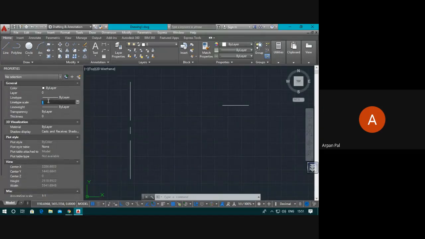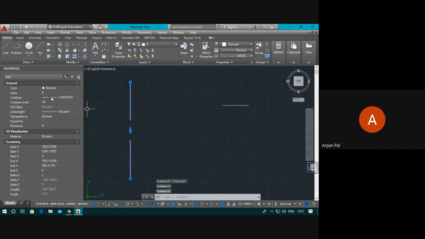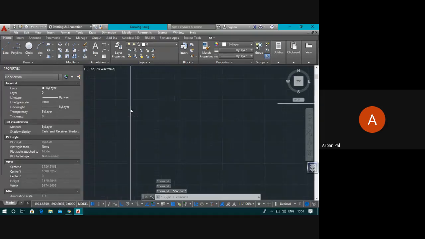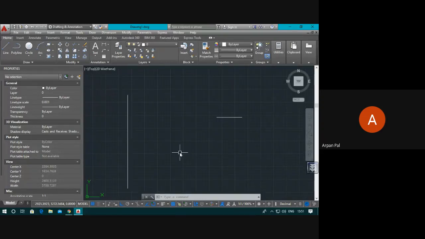And another thing, the line type scale, if you make it 0.001, enter. Suppose this one you select, and make it 0.001, enter. See what happens? Here also you cannot observe the dots, because the scale is so small that the gaps have been reduced.